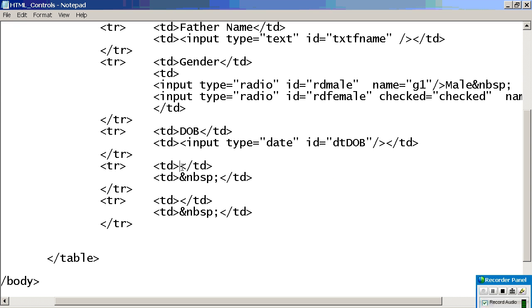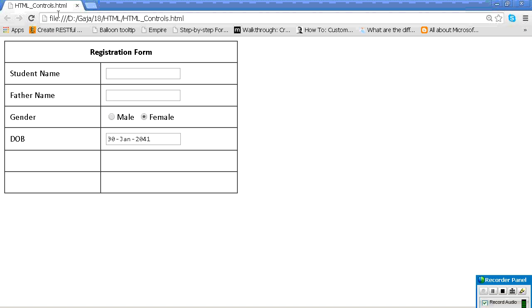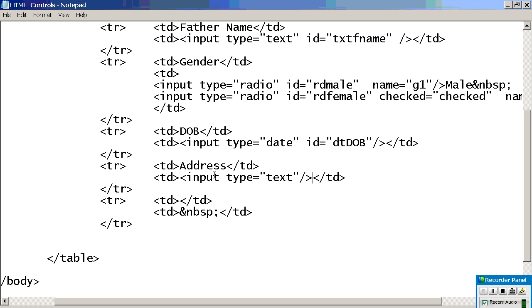Yes, for address, we can take a text box only, right? But the problem is, we will have a big text box, right? Yes or no? If you want to get that one, don't use height and width. You can use height.